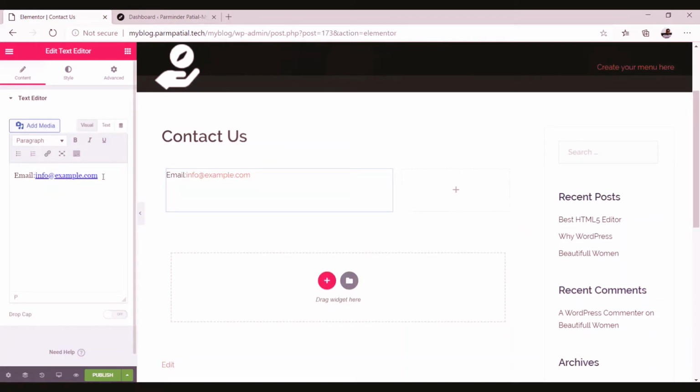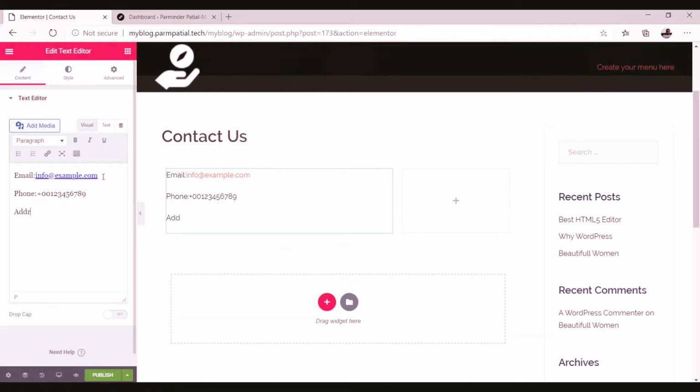In the next case you have to add the phone. So here type phone and then type your country code, whatever it is, and then type your mobile number or contact number. Then lastly you have to give your address.